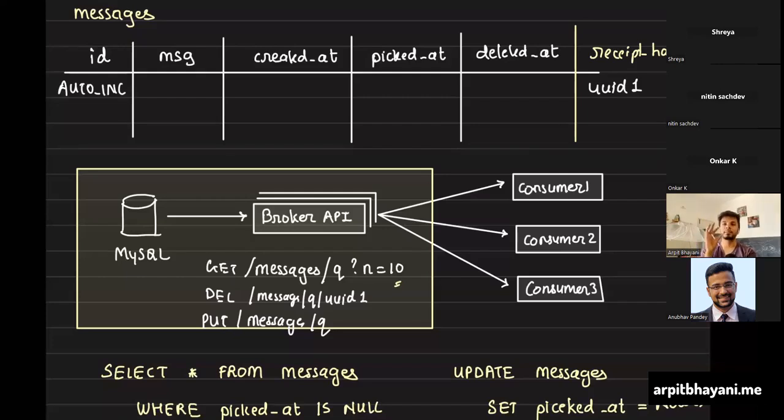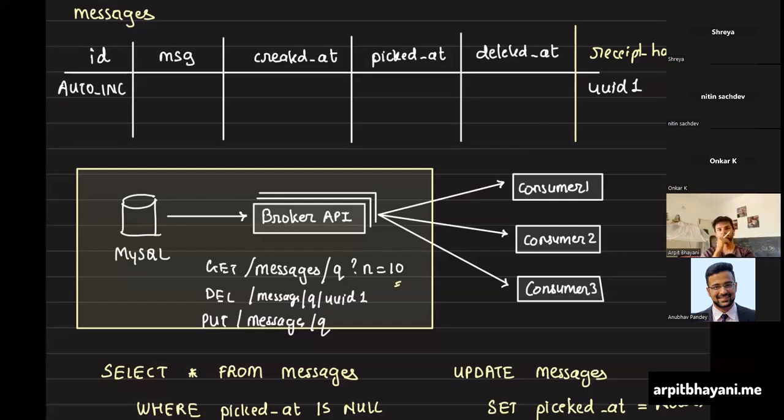Now, for example, if a consumer read a message, but before deleting it the process rebooted, but it stored the receipt handle somehow. But that message was read by some other consumer now because of the visibility timeout. Now that consumer will get a new receipt handle, this would become UUID 2. This way, consumer 1 cannot delete this message now. Only consumer 2 can delete the message. So this is what we are solving with receipt handles.